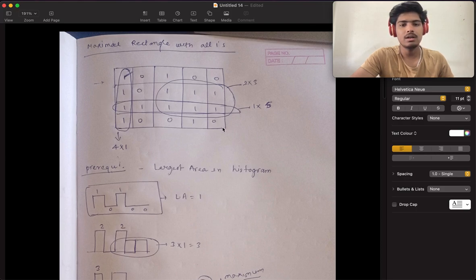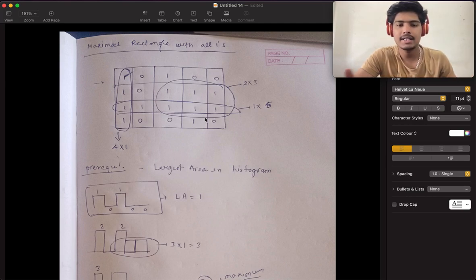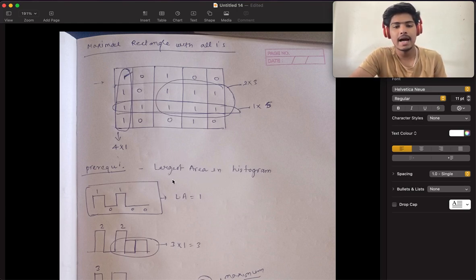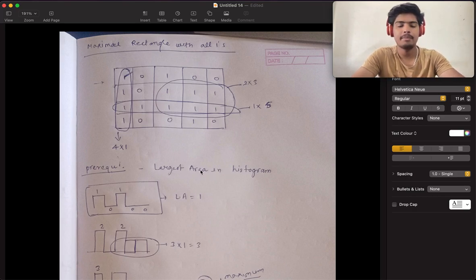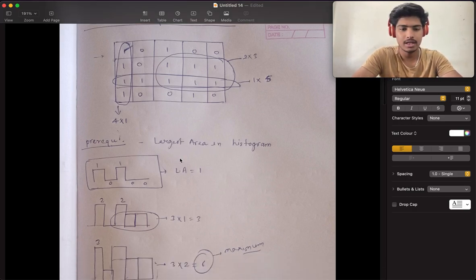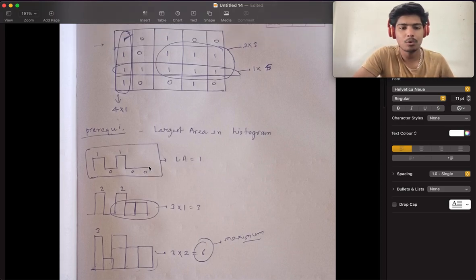Now the prerequisite of this question is the largest area in histogram, because that is just similar to this. In this we have to find the largest rectangle area, but in the largest area in histogram question we only have to find the largest area of the histogram. So if we use that approach,